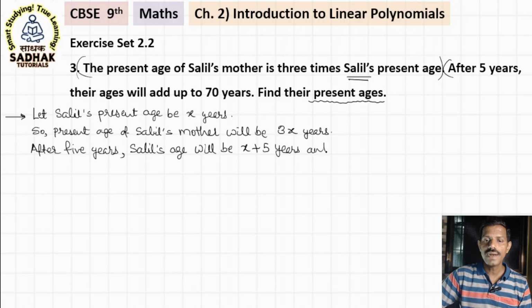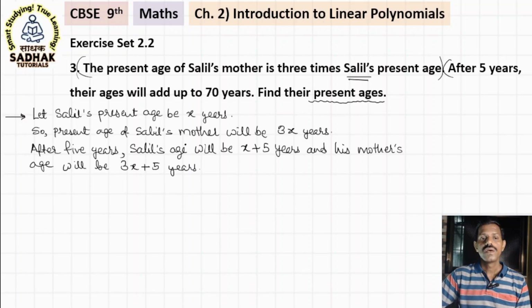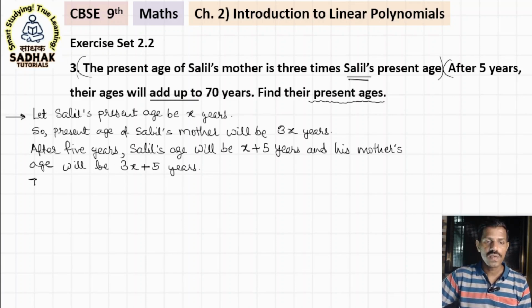Okay, and his mother's age will be 3x, that is her present age. So after 5 years it will become 3x plus 5 years. Okay, so what information are we having in the sum? That after 5 years whatever their ages are, they will add up to 70 years. Add up to, that means their sum, their addition will be 70 years. Okay, so therefore